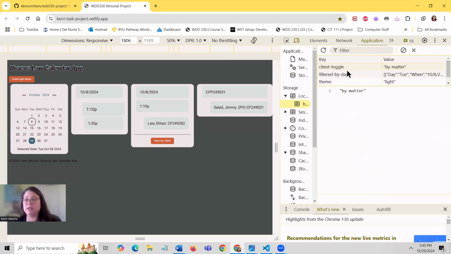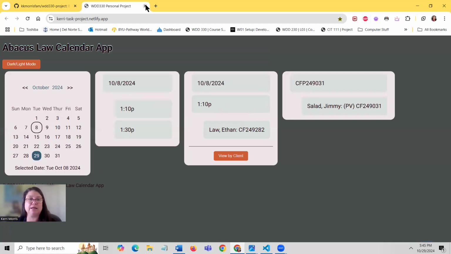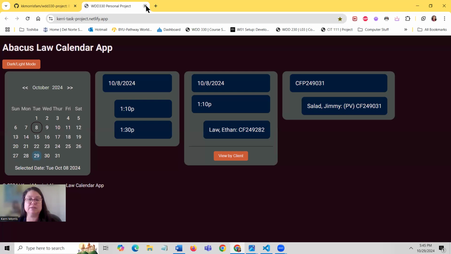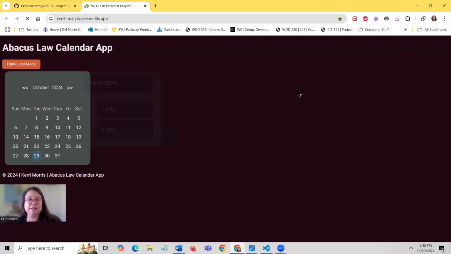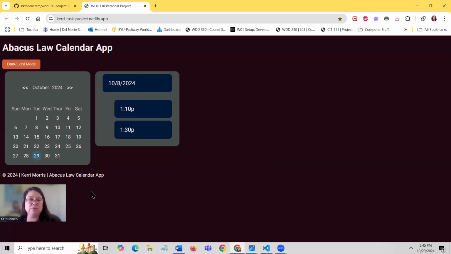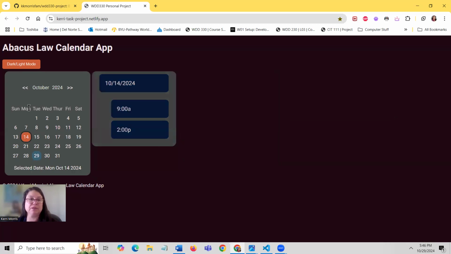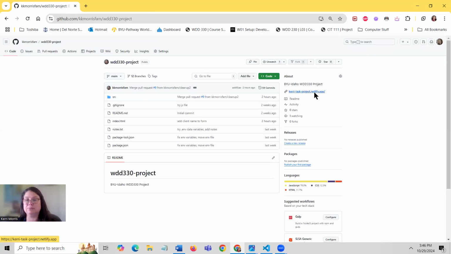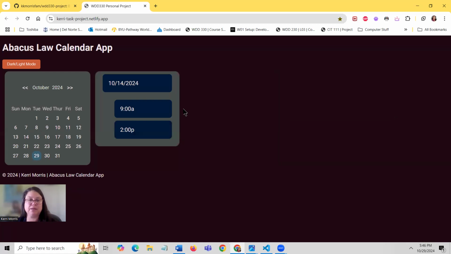And then for the local storage, I have 3 that are saved. I save the data by client and the dark mode, so that if I were to exit out of here, let's change it to that, and then click on it, it would save the mode, the theme, and it would save the last date that I had been on. And so if I'm on the 14th and I close out, it should pop up the 14th. And then from there I can